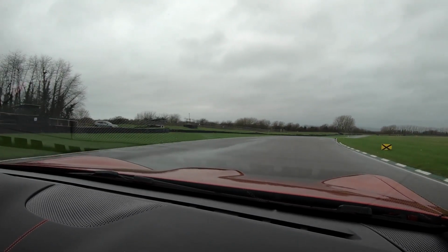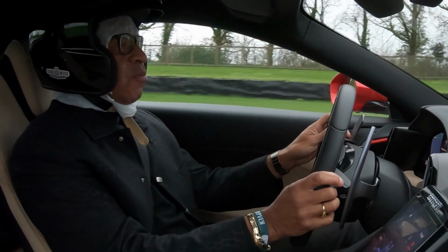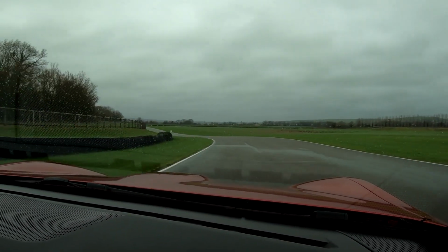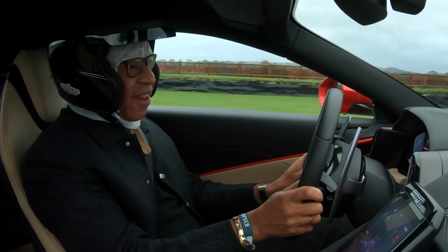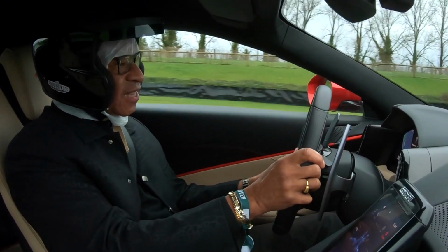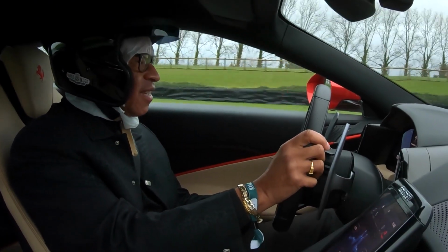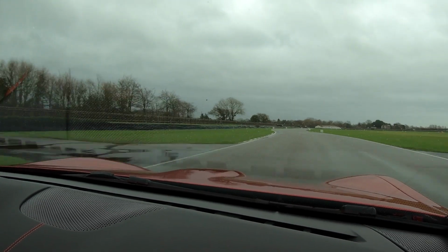Not least is the 8-speed gearbox. The changes are so much quicker. I mean, they're almost instant. Wow, this is so fast. There's something really special about Ferrari, and it's the noise and the progression, the feel, the engagement, and it's really tempting to go much too fast, but